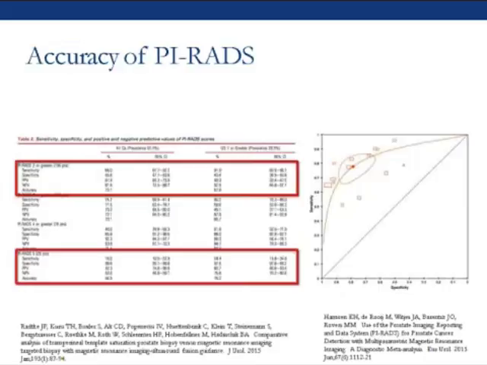This is a good example showing the PI-RADS. PI-RADS 1 is low risk for prostate cancer, and PI-RADS 5 is high suspicion. As you can see, with PI-RADS 1, the sensitivity is about 88% and the negative predictive value is about 2%, and then with PI-RADS 5,